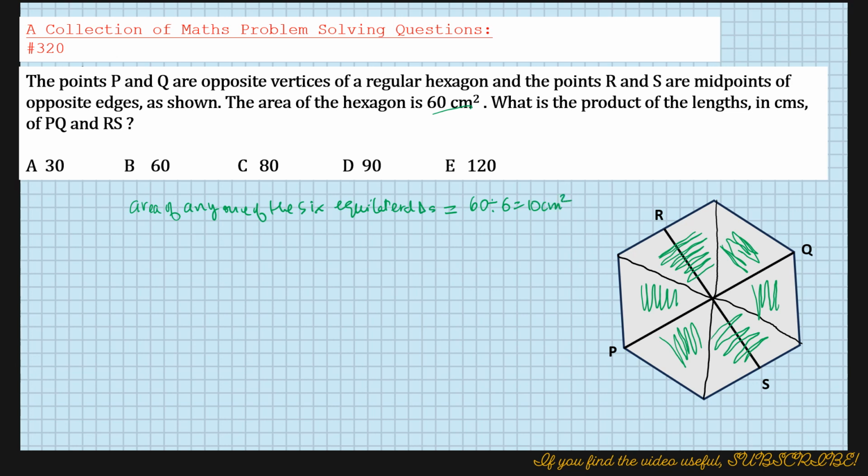So once we get that, if I name the triangle A, B and O, the center, I call it O,